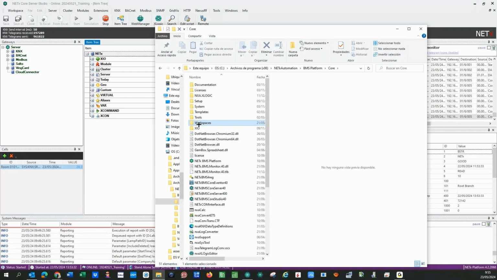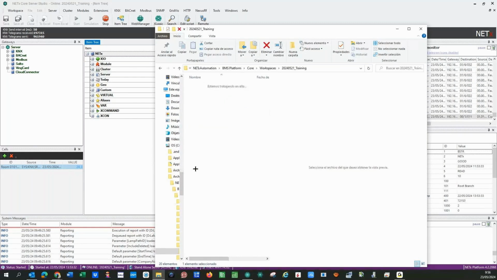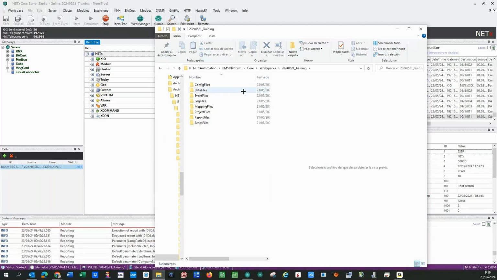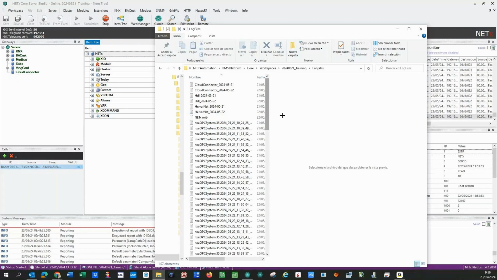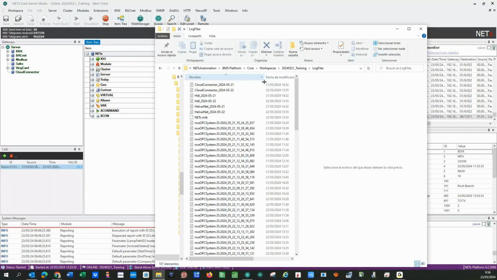Maybe also you can have a backup of your workspaces, and all your workspaces are specific folders. So if I go to my training today, all these folders, configuration files, data files, events, log files I was mentioning, you get a lot of information from your system from the very beginning of your configuration. The time you created the server,